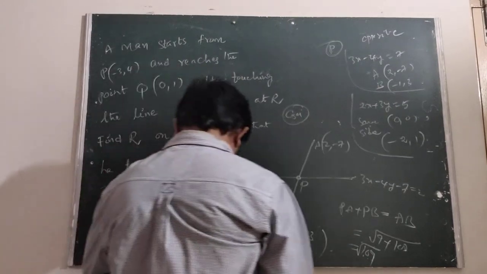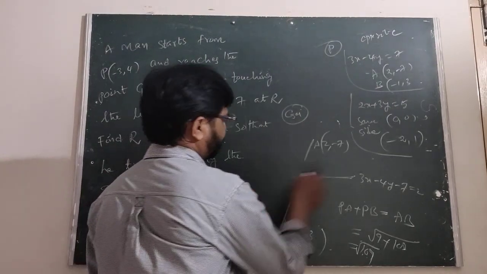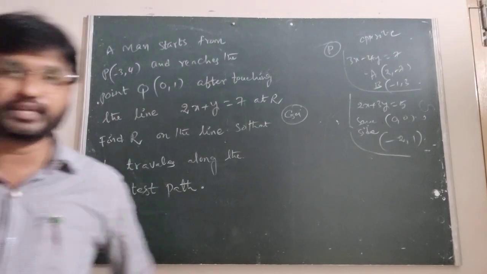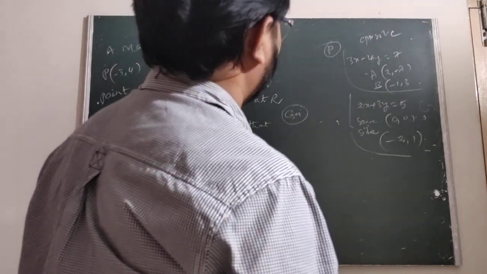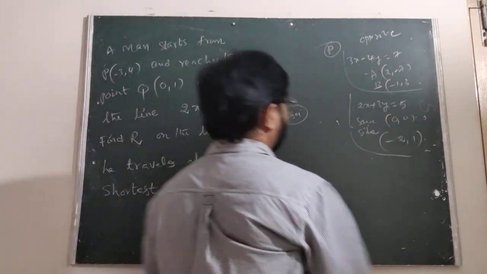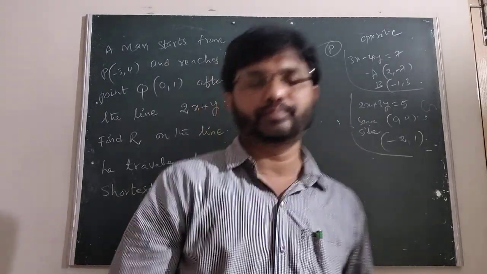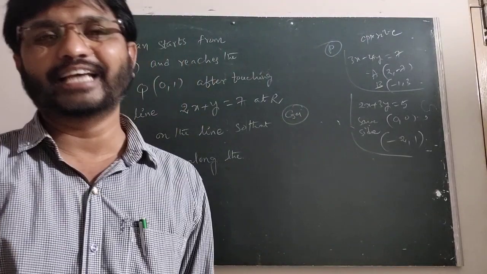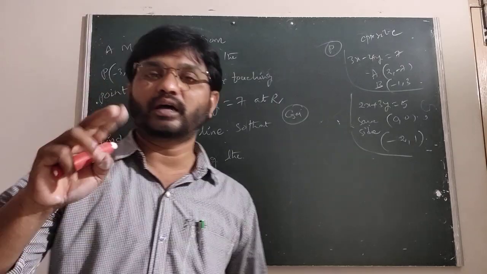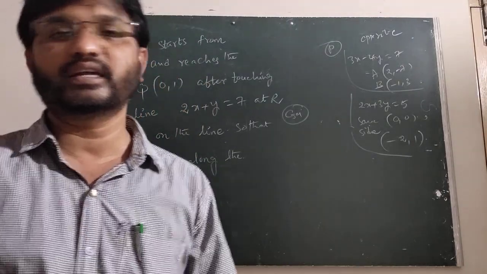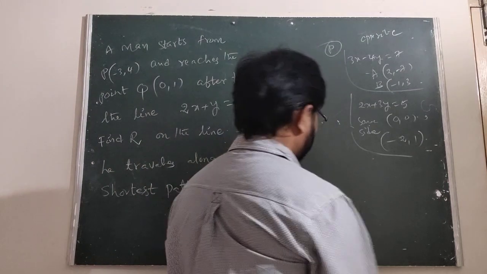How to find case 3? Here we are looking at case 3. Now case 3 is the maximum distance of PA minus PB. How to find the maximum distance of PA minus PB? Already we know the two cases. Case 3 is the inverse, the reverse, of these two cases.